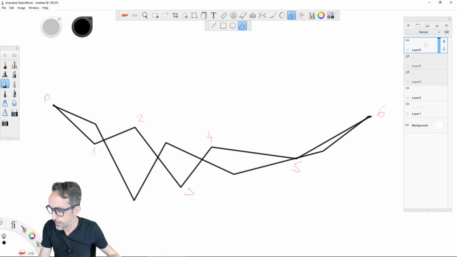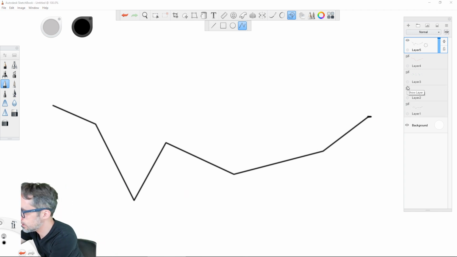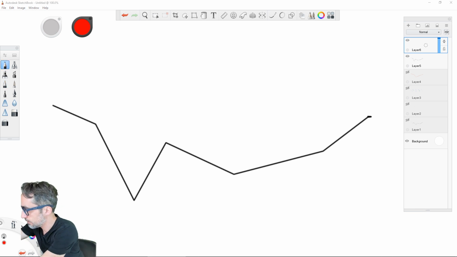Then I'm going to write on a new layer: 0, 1, 2, 3, 4, 5, and 6.